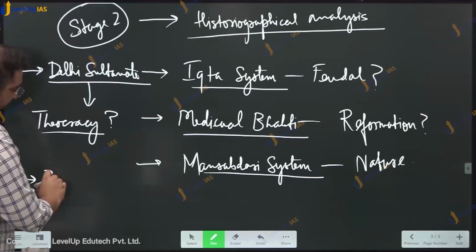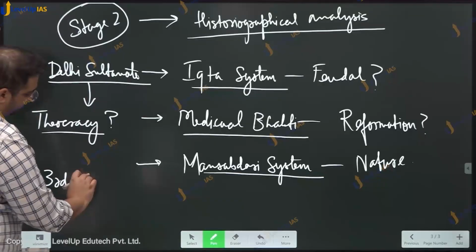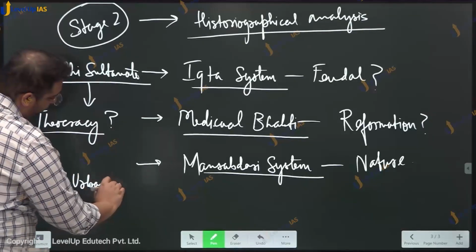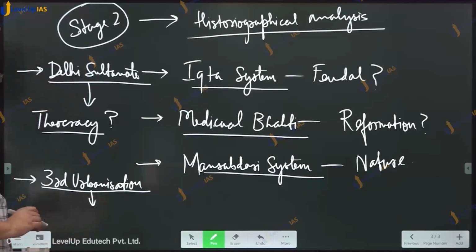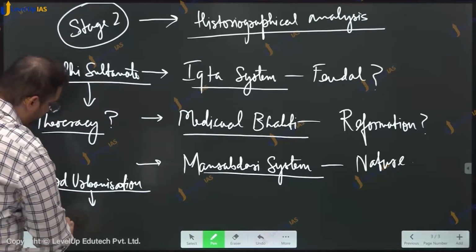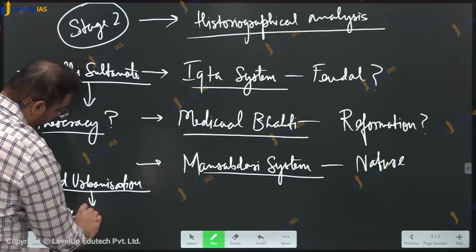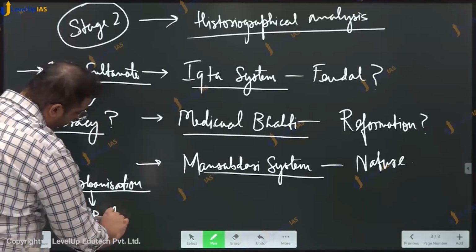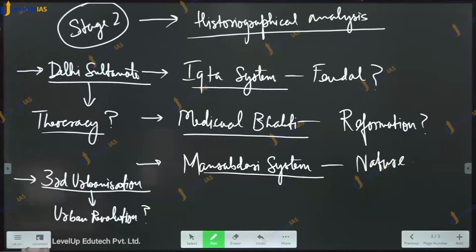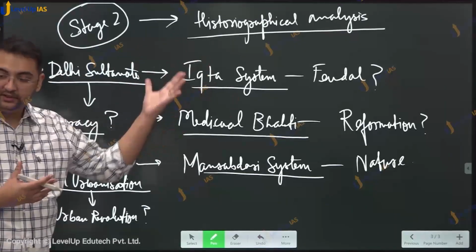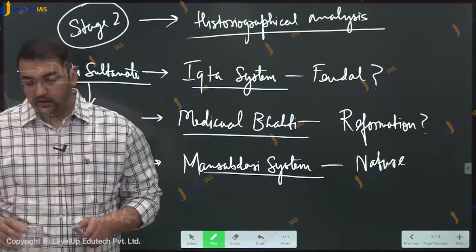The process of the third urbanization, can it be characterized as an urban revolution? Or not, right? तो इस स्टेज में हमको अलग अलग इंपॉर्टेंट इश्यूज के बारे में डिफरेंट हिस्टोरियोग्राफिकल ओपिनियंस को समझना है. हाँ तो